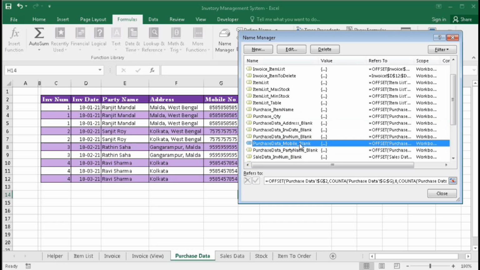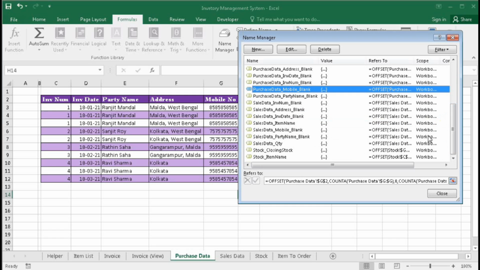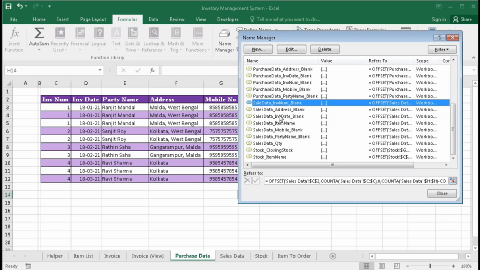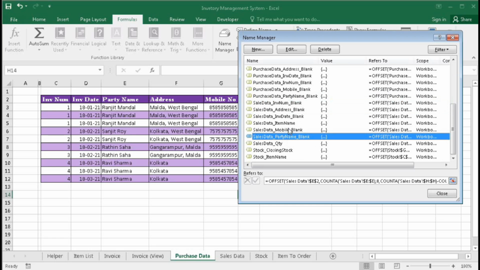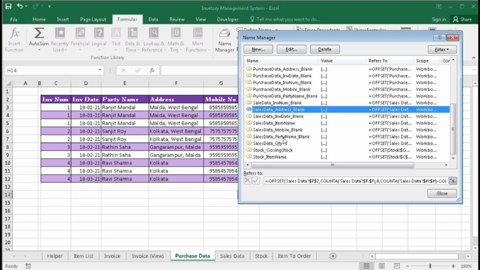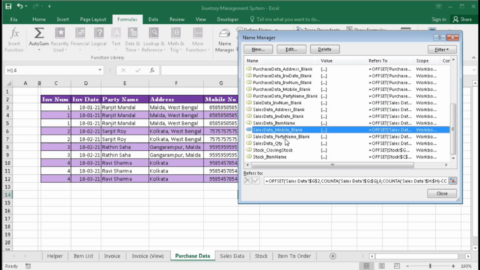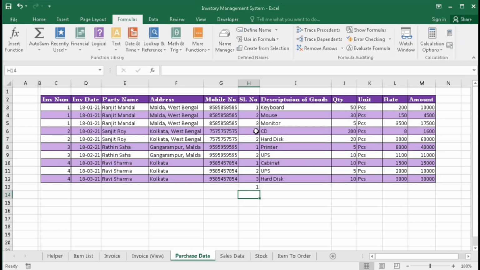Okay, and for sales, sales INV num blank, INV date blank, sales party name blank, sales data address blank, sales data mobile blank. Okay, we have done all this.